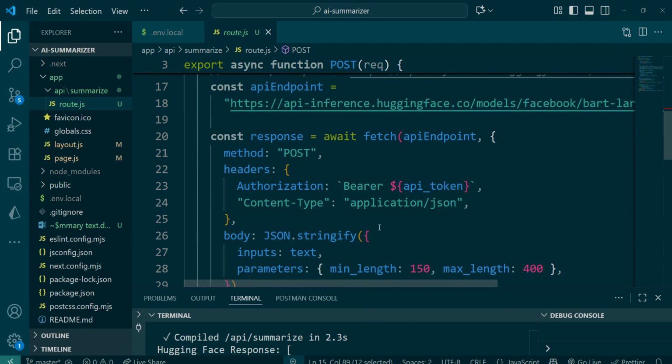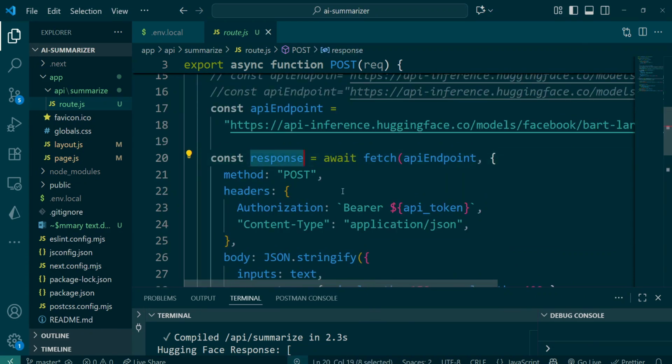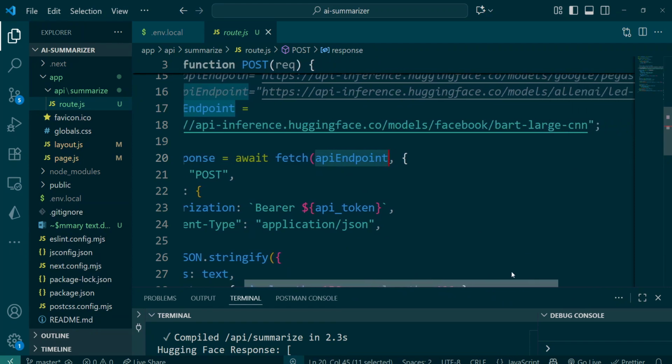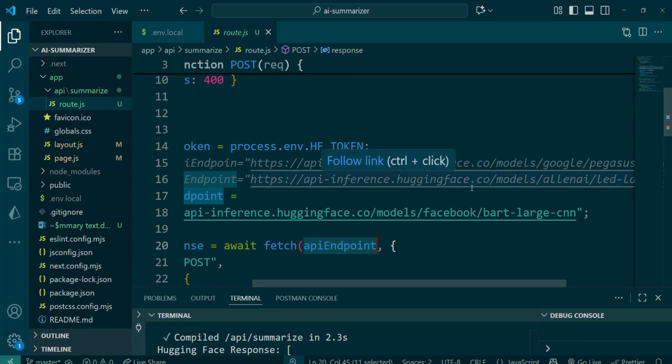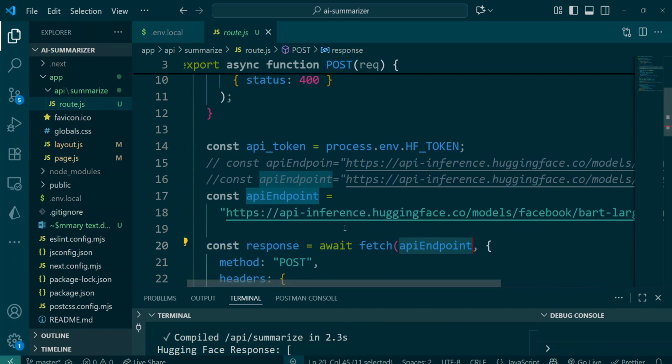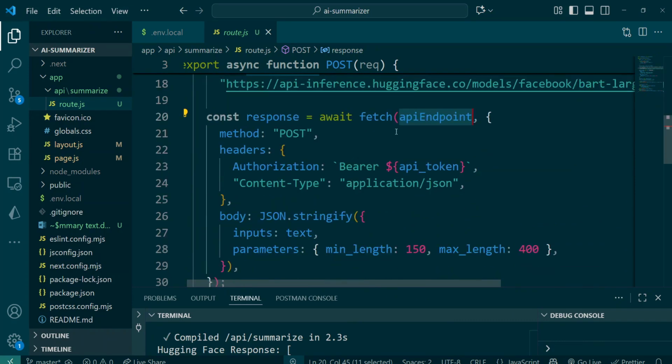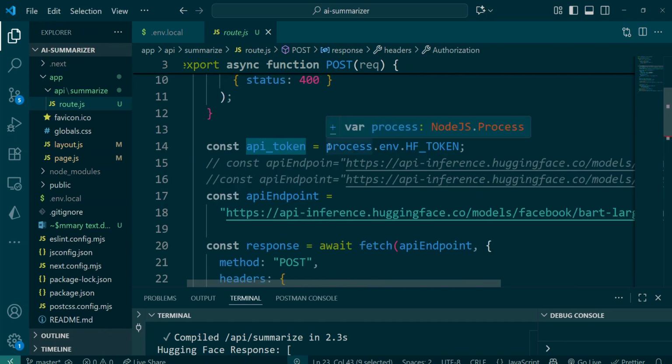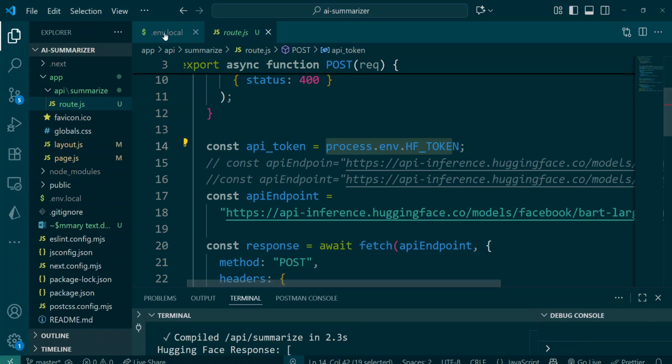This is the one that I'm using, and so I'm making this call to the API endpoint defined here. These are the API endpoints that can be used for summarizing text using Hugging Face. We are just making use of this one. So we are making a fetch call to this endpoint, and we are supplying it with an object where we specify the method that we are using. The headers is authorization bearer, and we are passing in the token. This token is coming from our env variable that was declared in our env variable